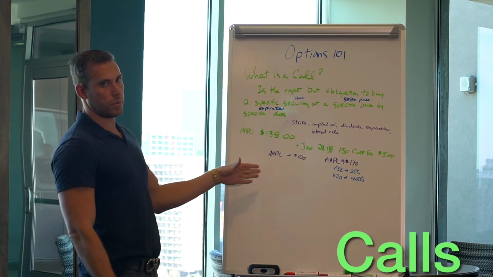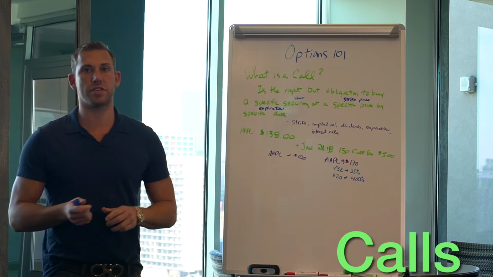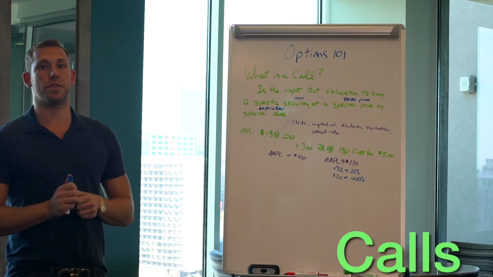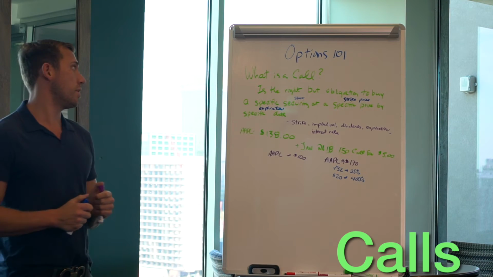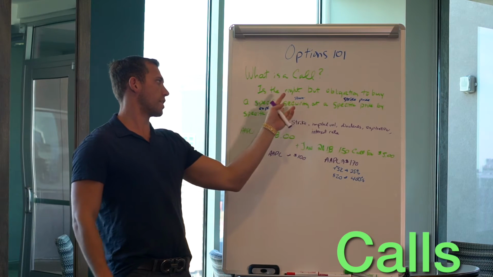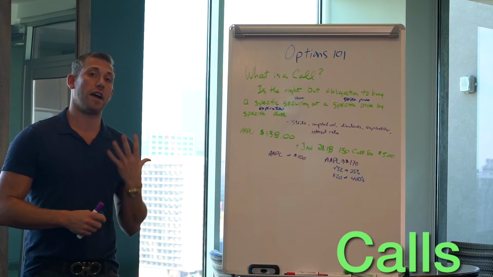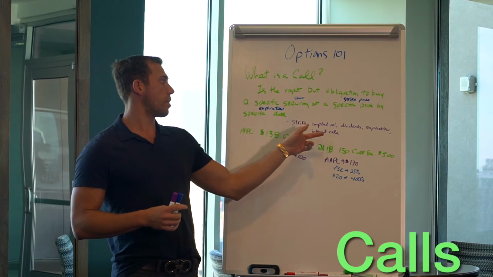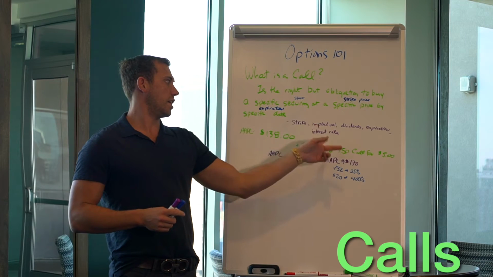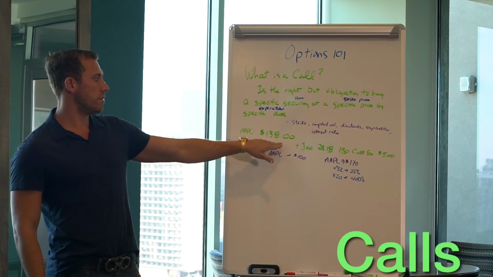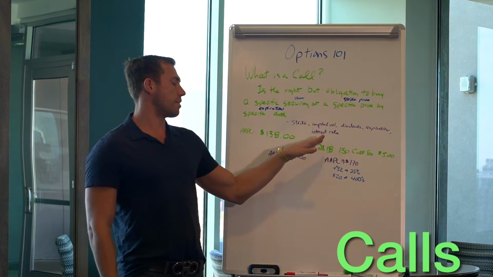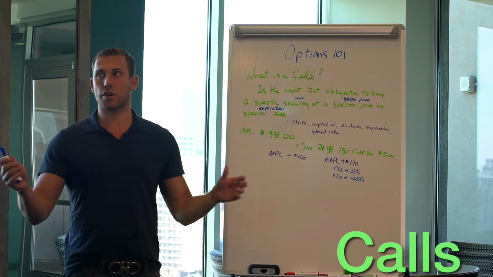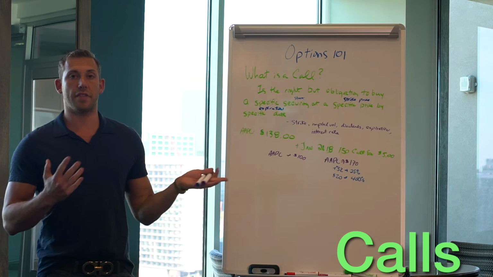We'll do a little review on calls, and then we're going to go to puts. So option 101, what is a call? A call is the right, but not obligation, to buy a specific security at a specific price within a certain period of time. This is known as your stock, strike price, and expiration. The Black-Scholes pricing model gives us five important factors that determine pricing, which we don't need to know right now: strike price, implied volatility, dividends, expiration, and interest. If Apple's trading at 138 and you bought the right, but not obligation, to buy Apple at 150 for $5, and Apple goes up a lot, you're going to make a lot more on that option than you would on the stock.